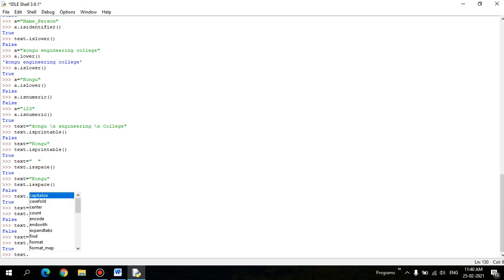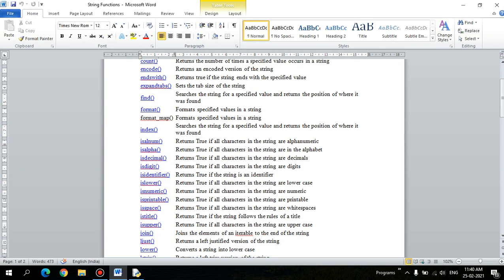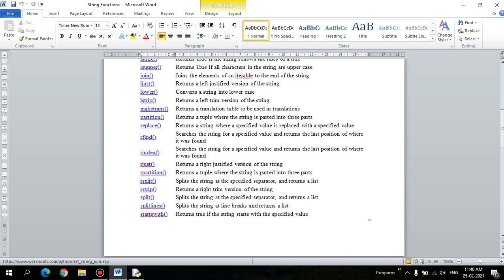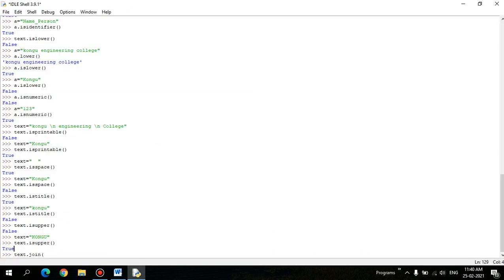So text dot, next one is join. Join is another important function. It works on an iterable, and it returns a string. Join joins the elements of an iterable to the end of the string.